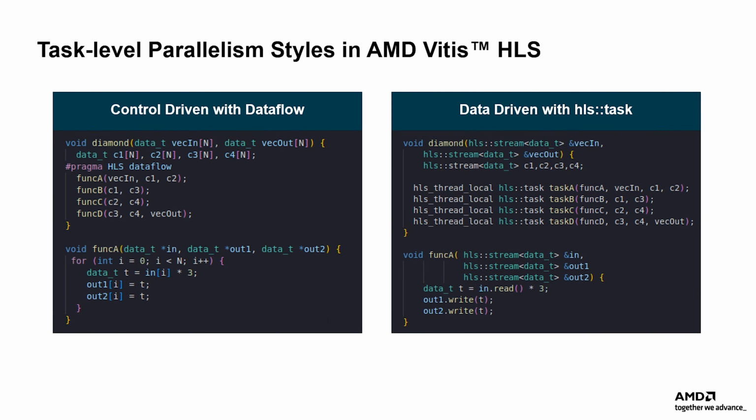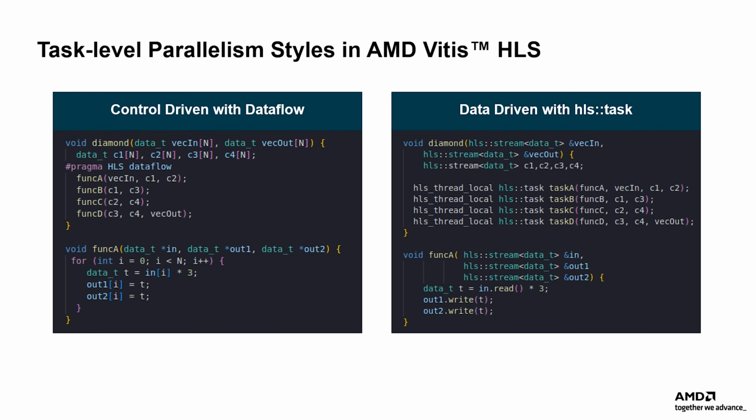Using the abstract parallel programming model as a basis, two types of task-level parallelism models can be used to structure and design an application, either data-driven or control-driven, or a mix of data-driven and control-driven tasks in a single design. The main differences between these two models are the following.